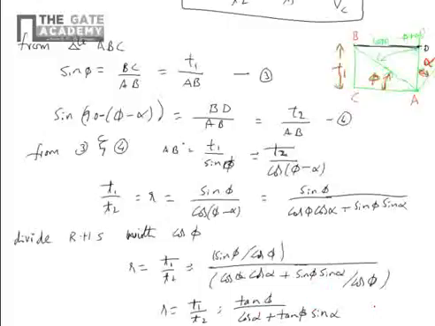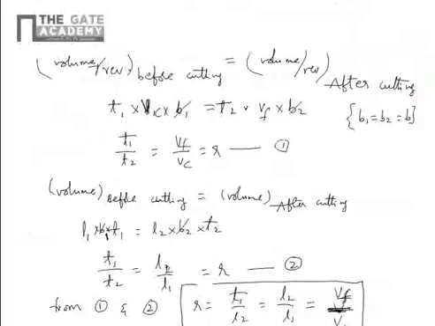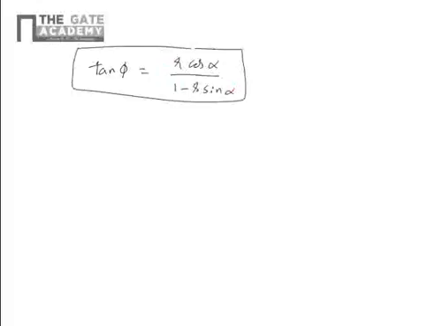After simplifying this entire equation, tan phi equal to R cos alpha by 1 minus R sin alpha. This is another important formula to remember: R cos alpha by 1 minus R sin alpha. If we increase the